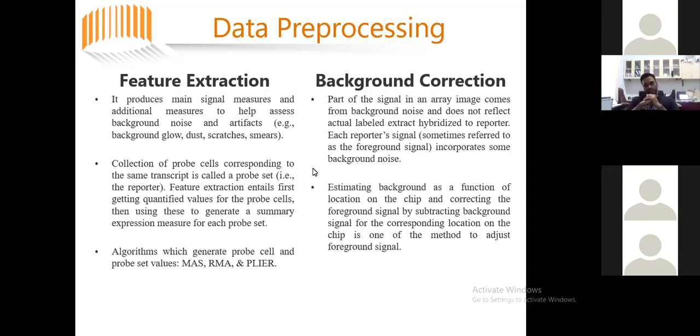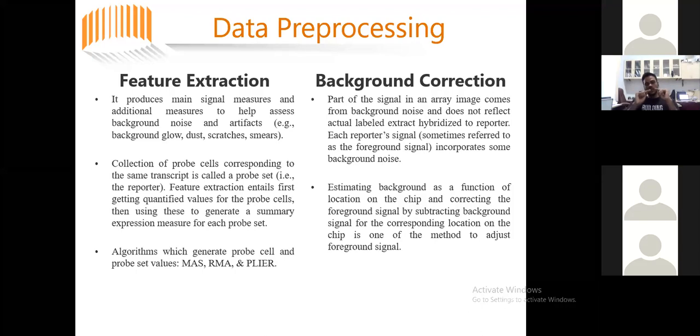The data processing involves feature extraction and background correction. From the signal that we obtain after intensity scanning from our imaging software, we get the background signal as well as the foreground signal. Foreground signal is the actual signal which we want to measure, which is the reporter hybridized to the fluorescently labeled tag.